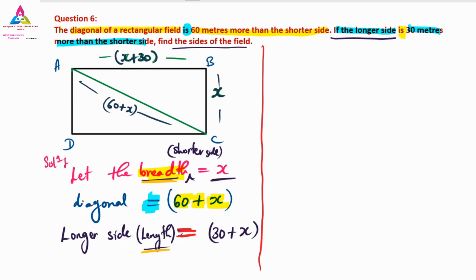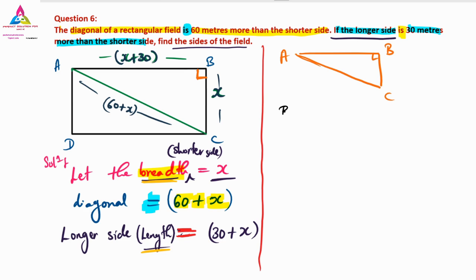Yes, it is the Pythagoras theorem. Very good. Here they have not given the area, so you can go with only one thing, the Pythagoras theorem, because angle B will be 90 degrees. So ABC is a right angle triangle where AC is the hypotenuse, and you can go with the Pythagoras theorem.